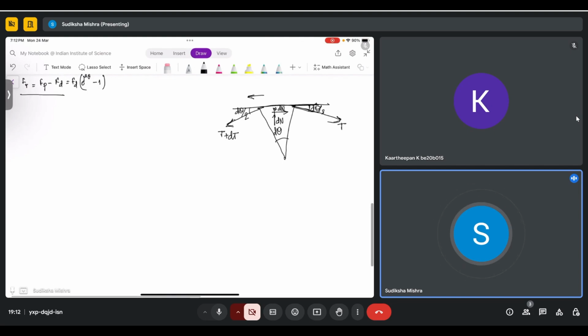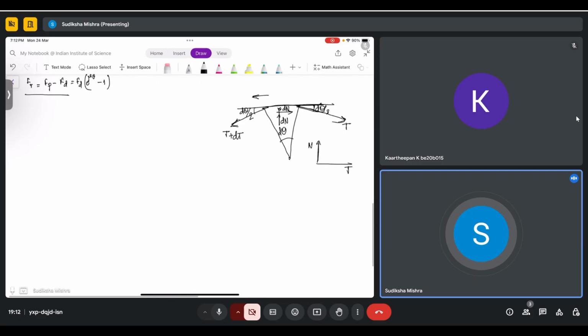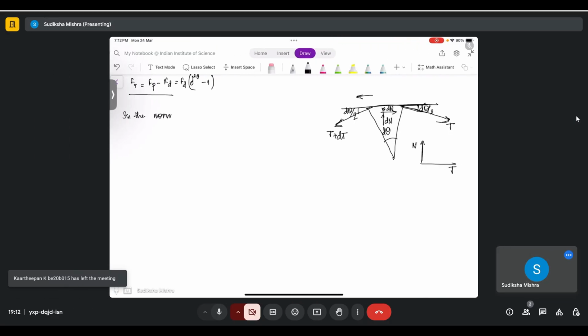You can either consider this as the xy, or you can consider this as the normal and the tangential directions. So if you look at normal and tangential directions,